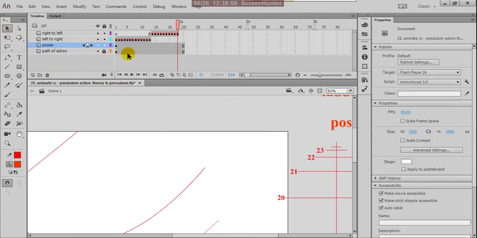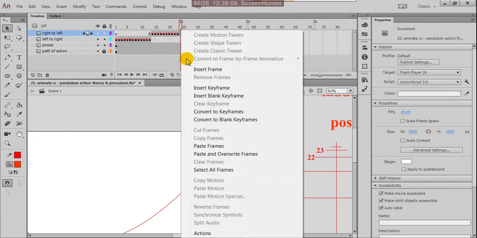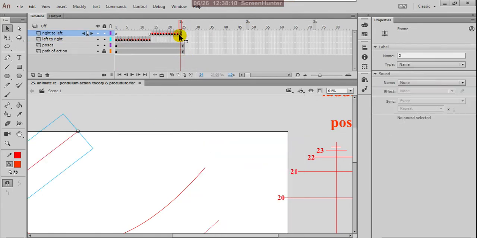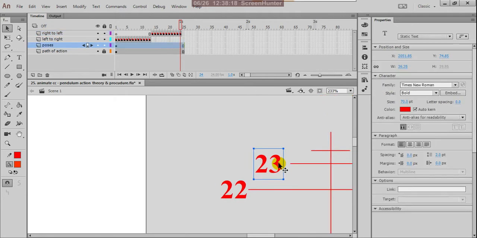Now choose the second one, right click, copy frames, and at the 24th right click and paste frames, give the name 24, and at the ladder also give the same name.